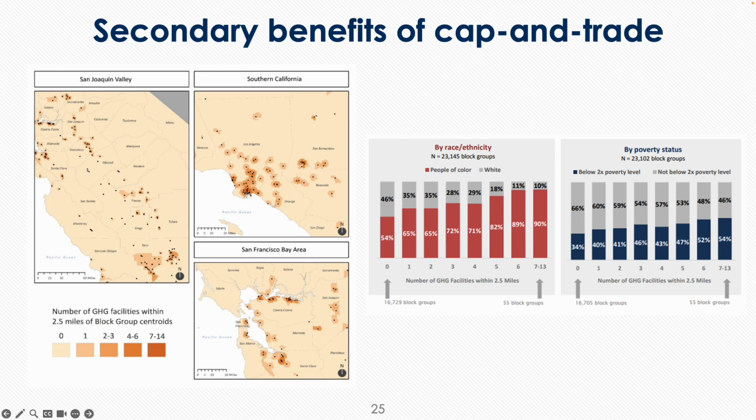So the carbon benefits of cap and trade help to internalize air pollution externalities as well, even if those benefits aren't explicitly part of the calculus for how we're setting the cap. But